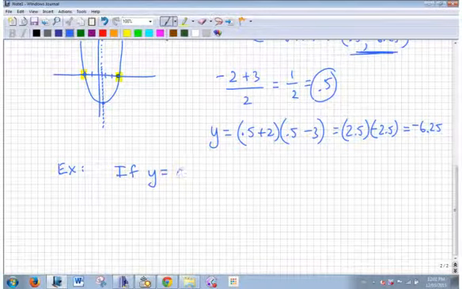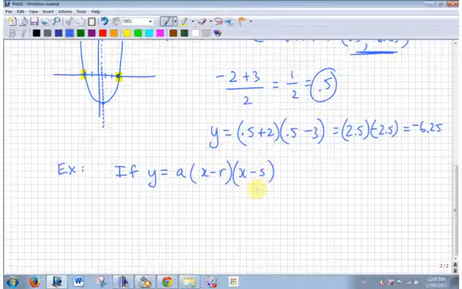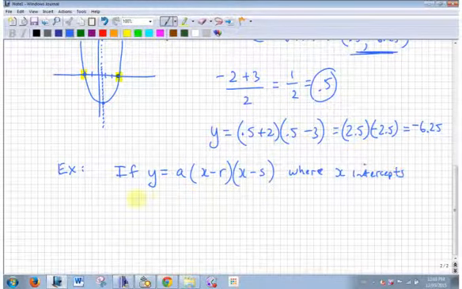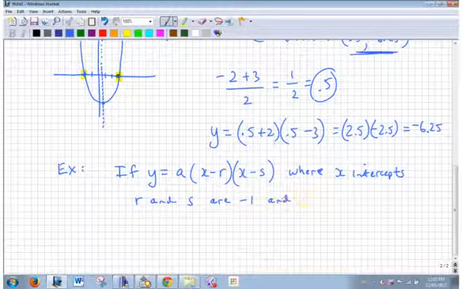If y is x minus r times x minus s, that's like half the alphabet, right, in one question? Is that a quadratic? There's an x squared term there, isn't there? Where the x-intercepts r and s are -1 and 4,